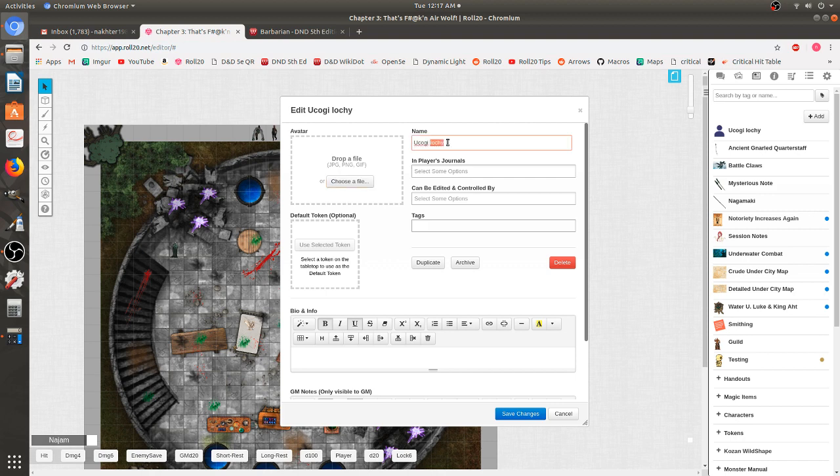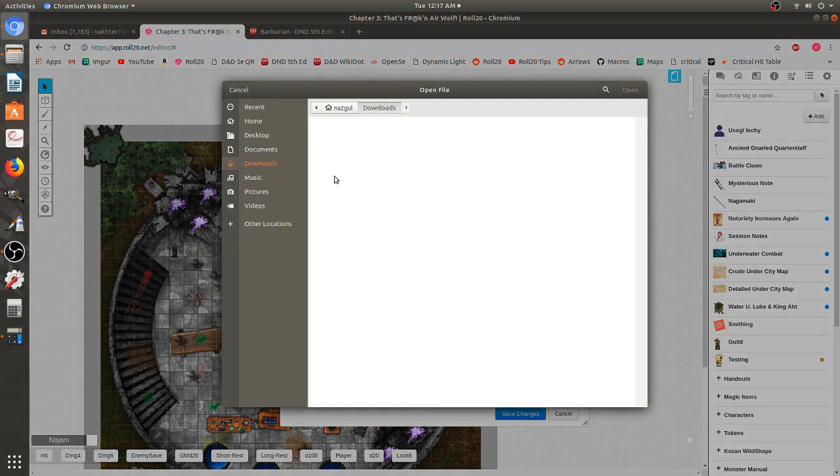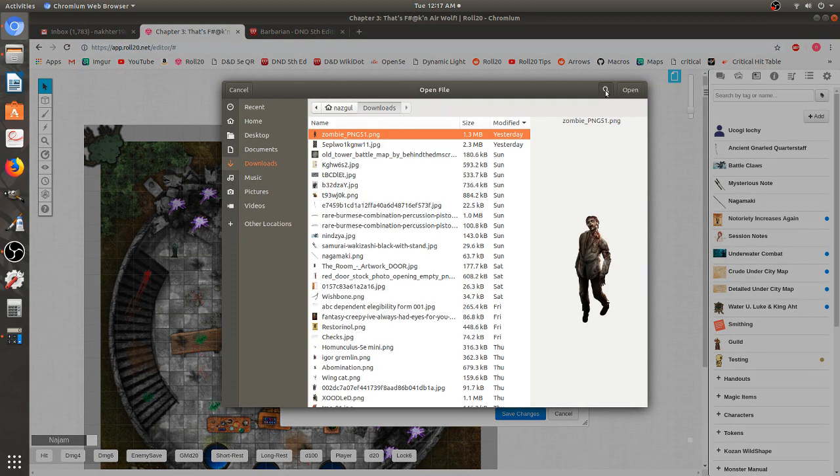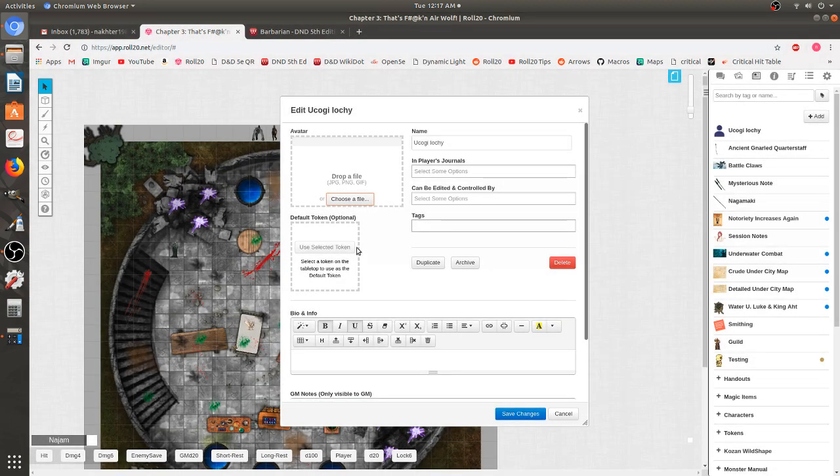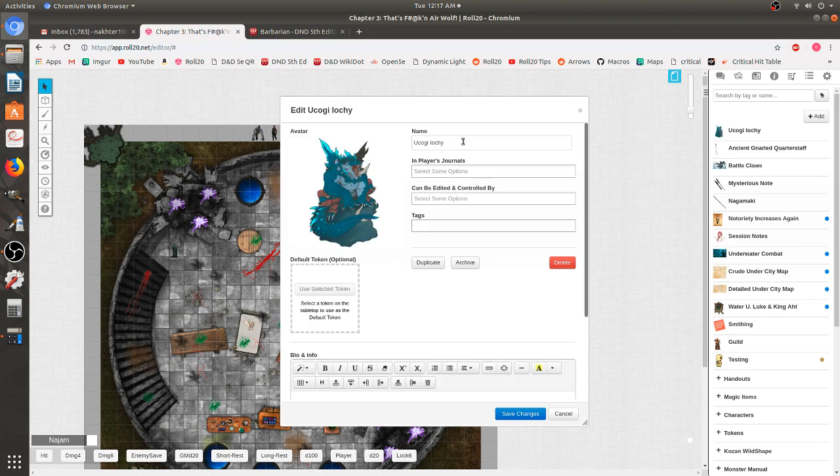What we're going to do is make a generic barbarian for one of our players in our campaign. We'll start off with a character sprite. So let's do choose file, and you need to have something ahead of time, obviously. Let's pull up something usable. Alright, let's go with this Dragonborn type character. And now we have to come up with a name for our character. Let's call him